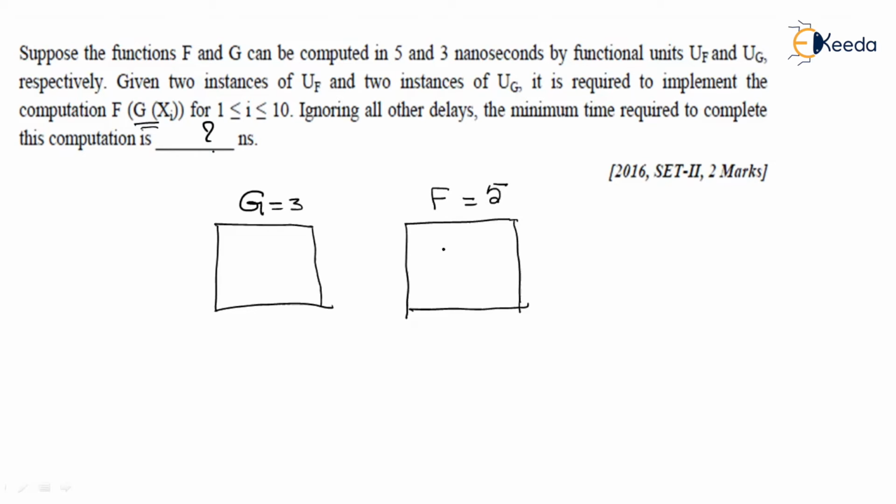All right. Now there are some number of instructions that need to be performed in these pipeline stages. The number of instructions is equal to 10. If you have a look at the total number of instructions, i is equal to 10, that need to be executed in these two stages. Now, what is the total time required to complete this computation? Let us have a look at this.